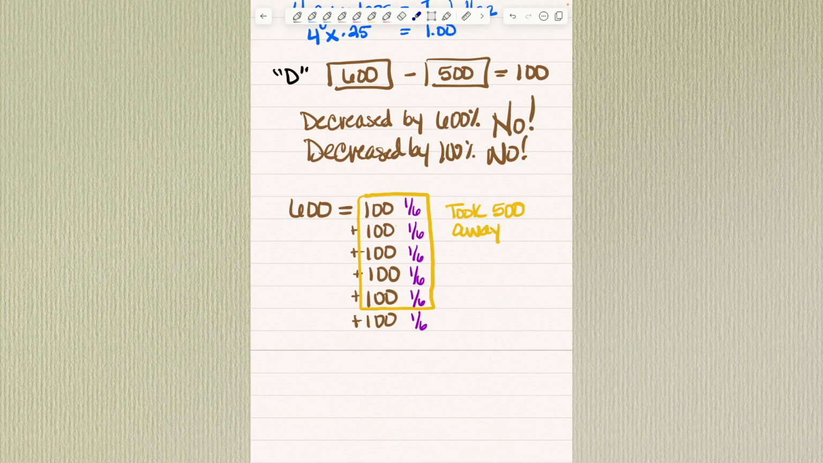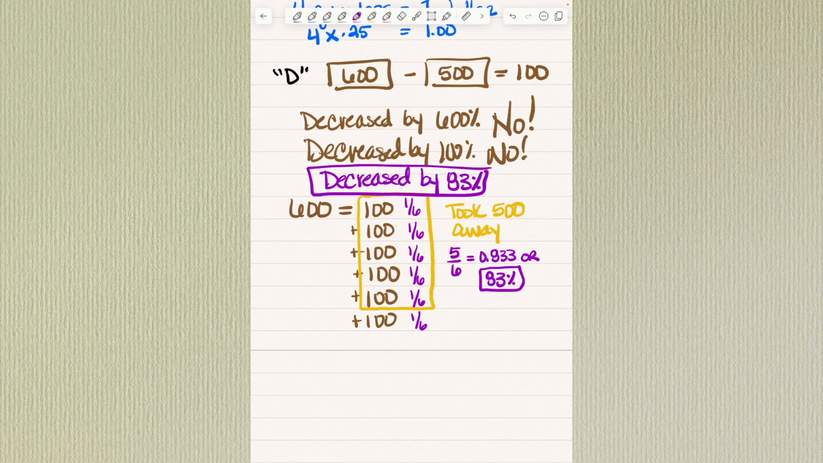So I took 500 away. This is equivalent to 5/6, which is 0.833, or 83. I was going to say 8.3. Move the decimal twice. Or 83%. So this is an 83%. This was decreased by